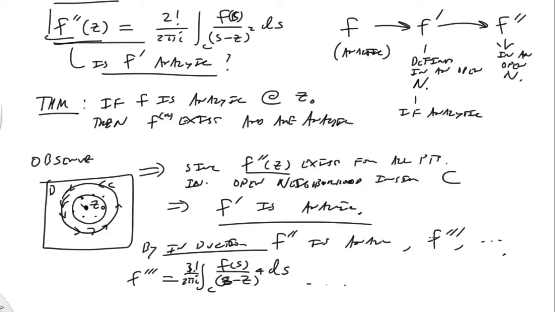All right, so let's take another observation, and talk about some more results from this. The other result we have here is that since f^(n) exists at a point,